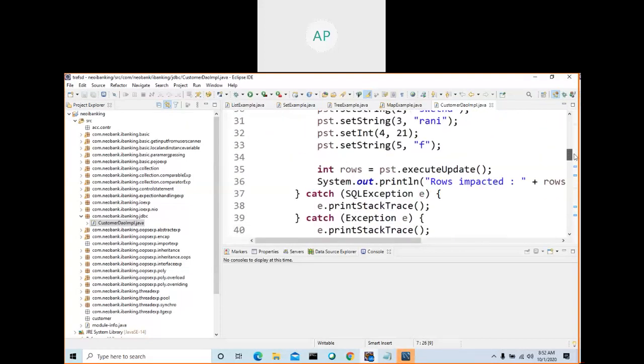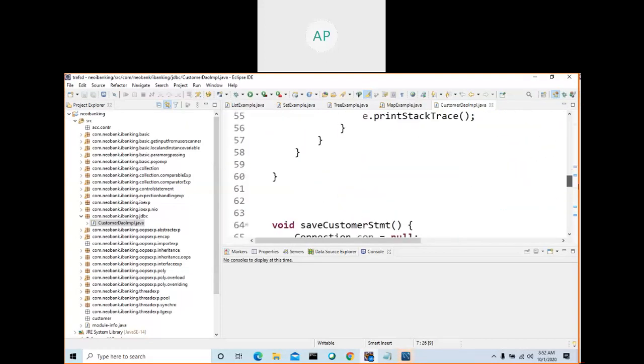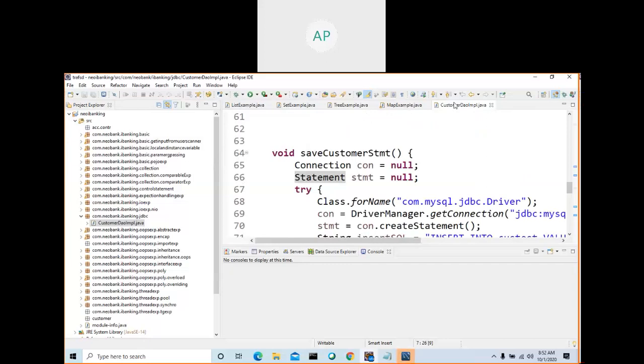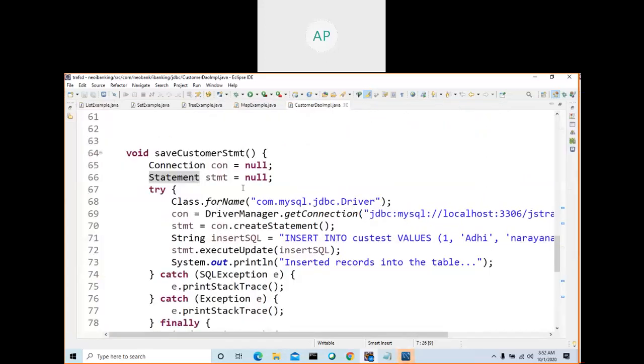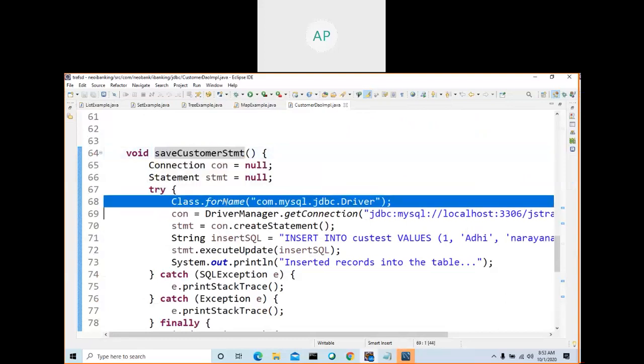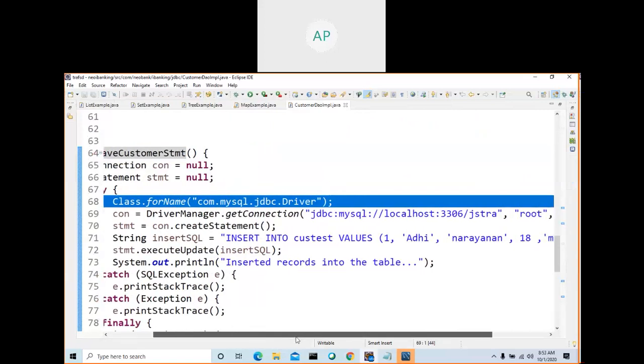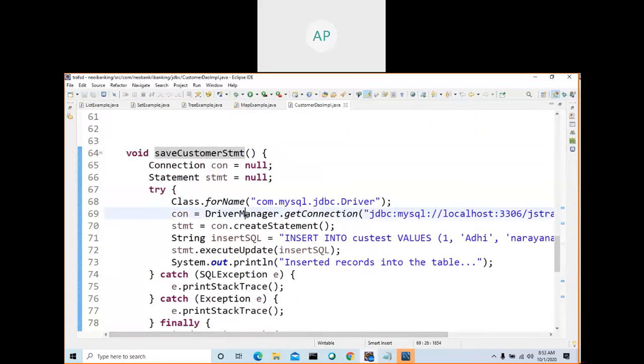Let me explain this one. This is the method. When you call this method, we are loading the driver, and this is the URL.